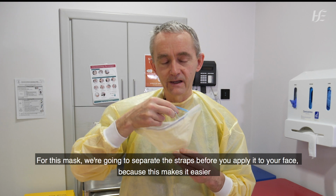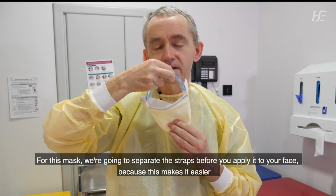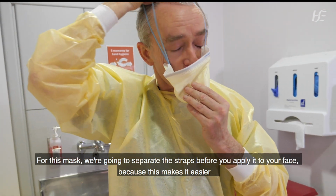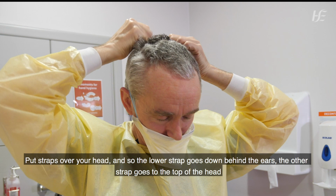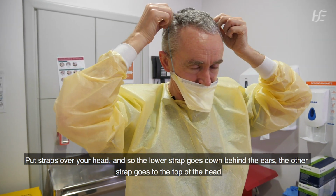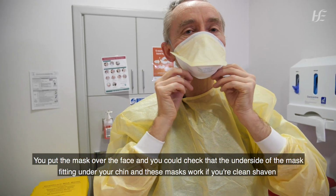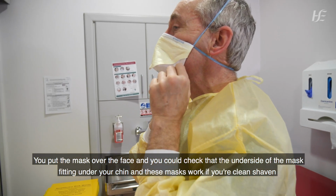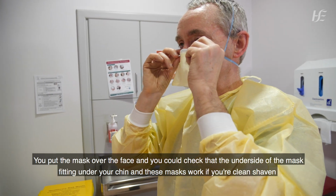So for this mask, we're going to separate the straps before you apply it to your face because this makes it easier. Put the straps over your head, and so the lower strap goes down behind the ears, the other strap goes to the top of the head. We put the mask over the face. You need to check that the underside of the mask is fitting under your chin, and these masks work if